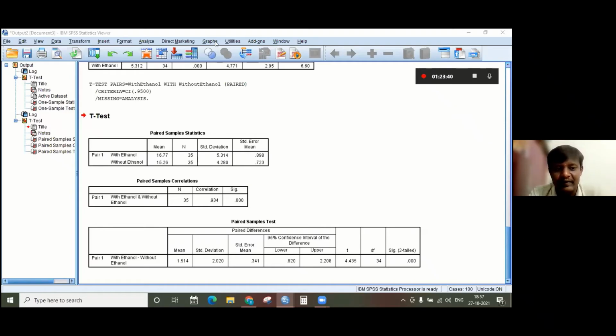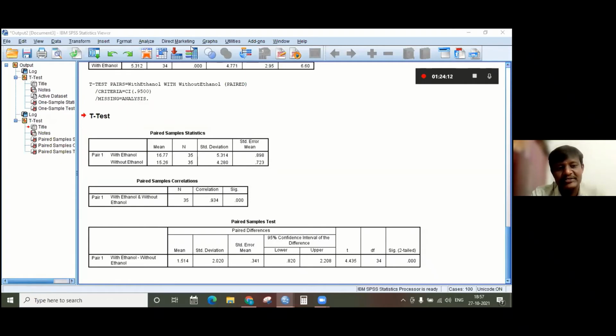But when you compare the mean value of vehicles with ethanol and without ethanol, you can see a difference in the average mileage given by the vehicles. When ethanol is added, the mean mileage is 16.7. When petrol is added without ethanol, the mean mileage is 15.26.